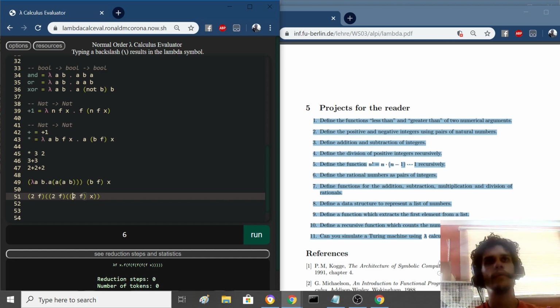2, if these parentheses are actually not needed, not necessary, because of left order application, so that could be removed. 2 applied to f applied to x would actually give us f x, right? And there we have 2 so far. Now let's look at here. We have another 2 here, right? We could remove those parentheses. We have 2 applied to